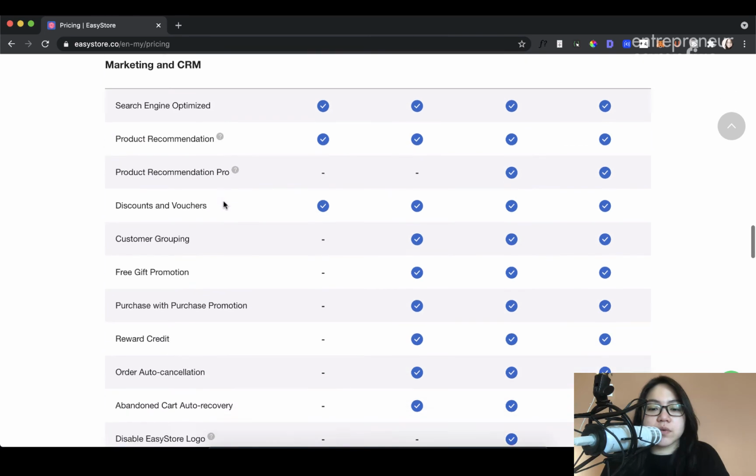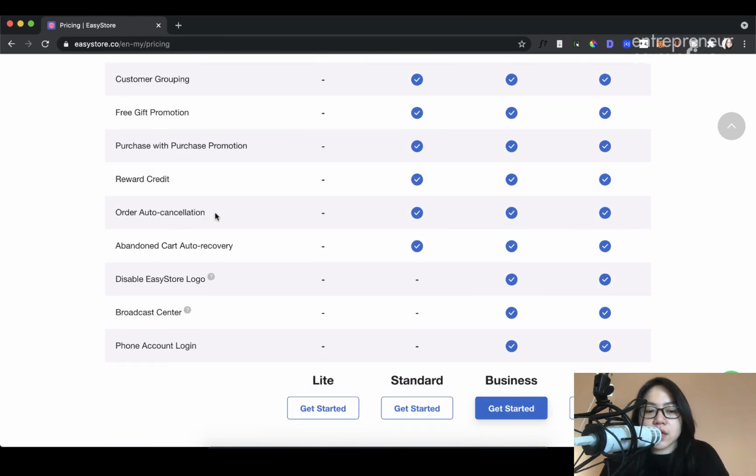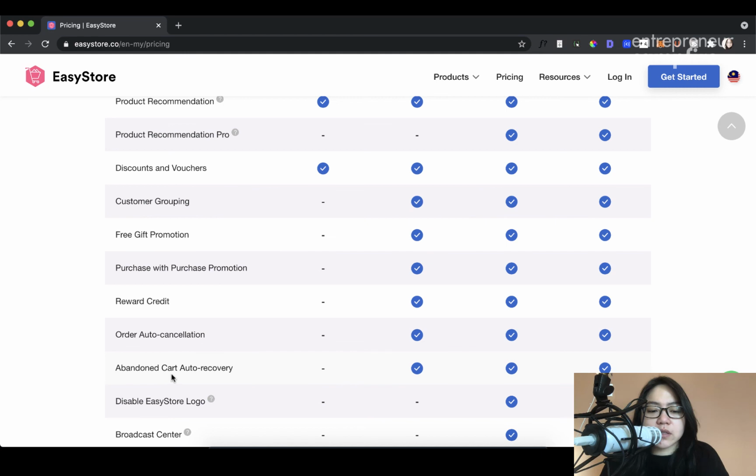On top of that, there's also these abandoned cart auto recovery features here that is not available in the Lite plan. So again, as I mentioned, these can help you to improve your conversions by quite a bit. So this is something probably you want to enable in your store. So even if it's a small store, but if you receive a significant amount of sales, or if your sales are actually quite big and it actually justifies you paying 199 ringgit a month for the standard plan, then go for it.